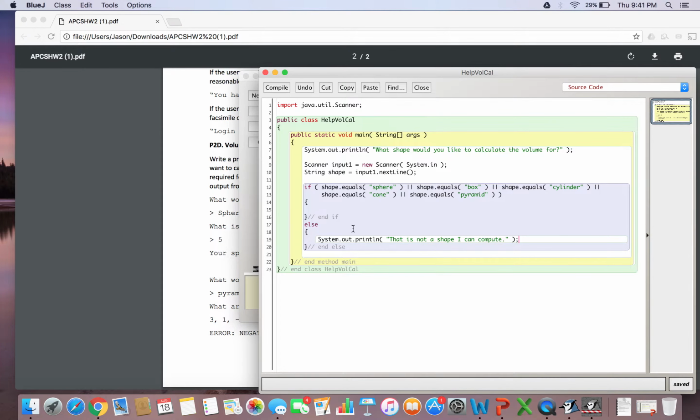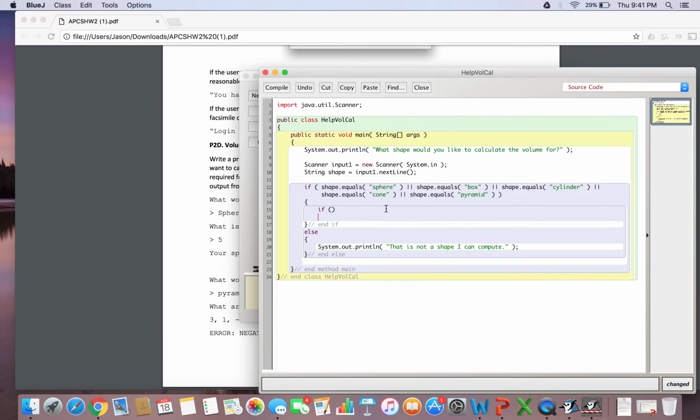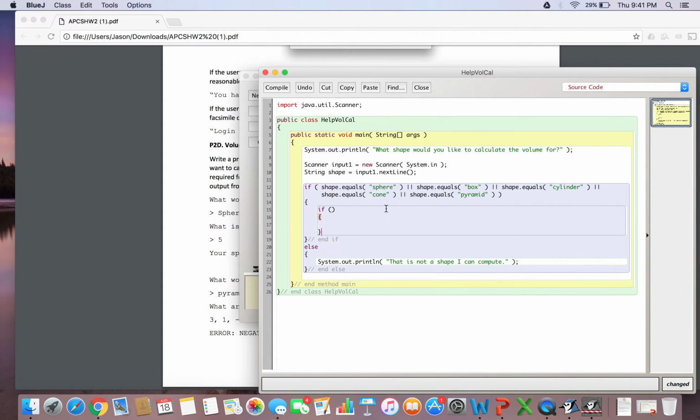Double click. Okay, so now I have a case where if it's not exactly one of these numbers, I tell them, nope, can't do that. So what if it is one of these? So I'm going to create another if. If something, and then open, close, and if. So if shape dot equals, I'm comparing strings,